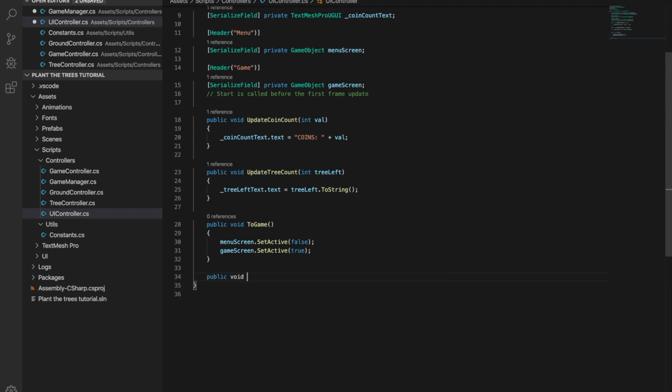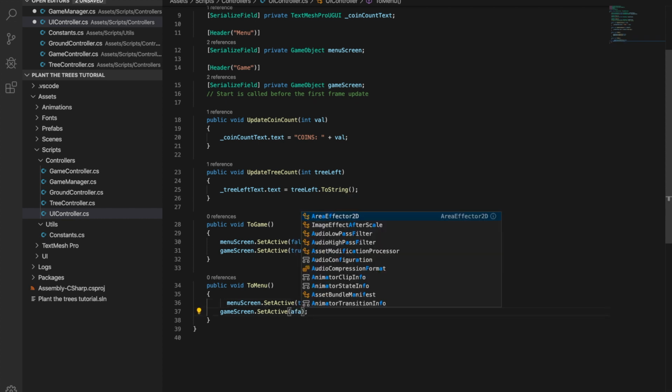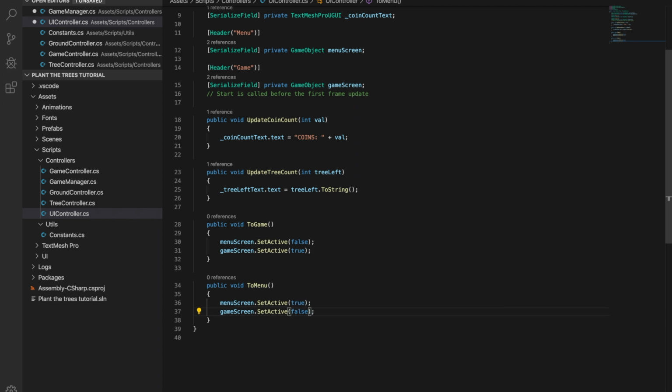Public void to menu, and this will be different. So here we're just gonna tell the menu screen true, game screen false. Okay,